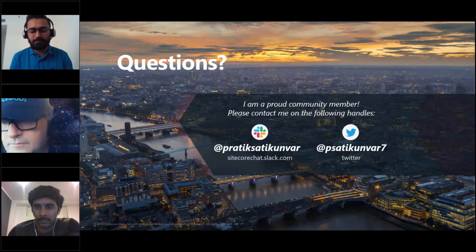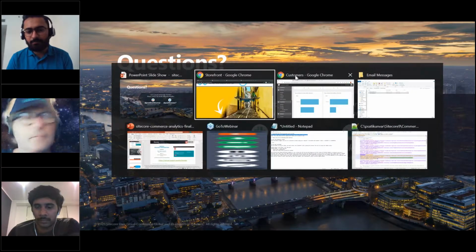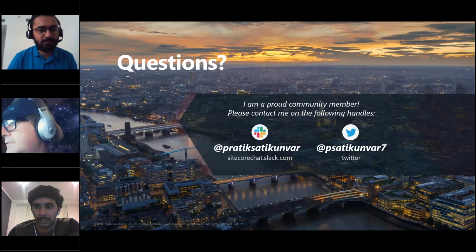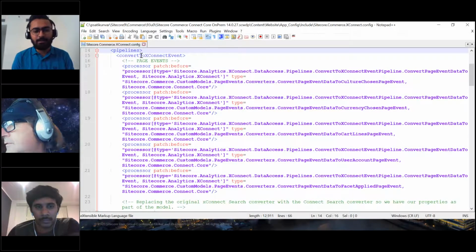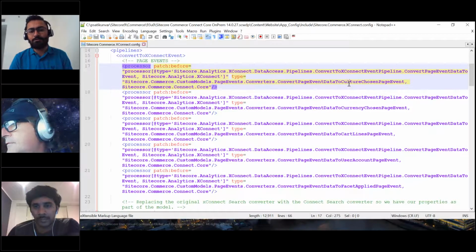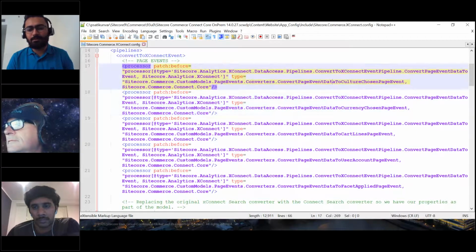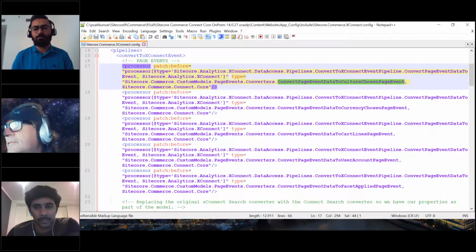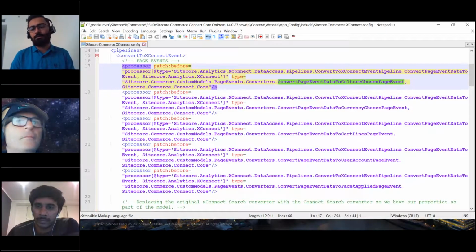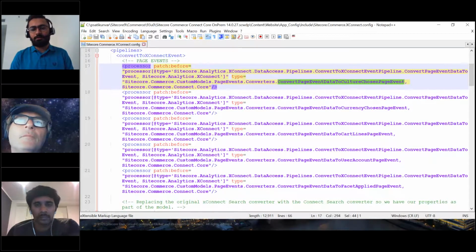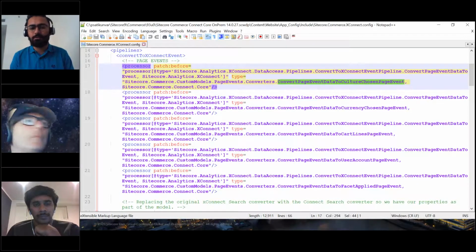So those analytics data classes will be used by different processors in this pipeline, which convert to XConnect events. If you see here, these are the events which will be raised, specific to each custom unique user journey. In this event, we'll be calling that analytics data, saying give me this data in the form which we want to store into the interaction, and then that analytics data will again be utilized to retrieve the data which is being stored. So that analytics data or outcome data manages the format in which the data is stored and retrieved.